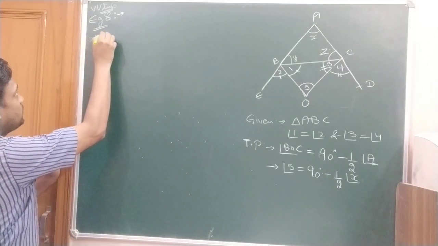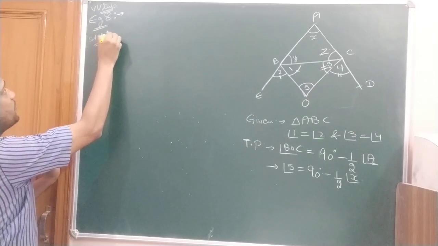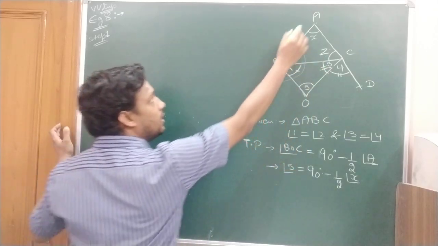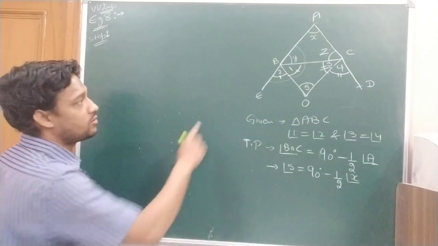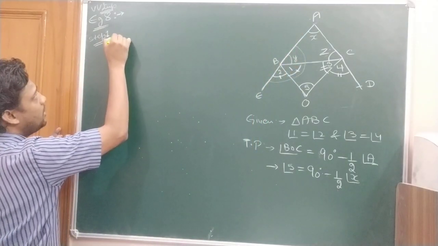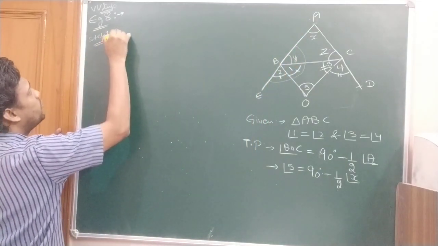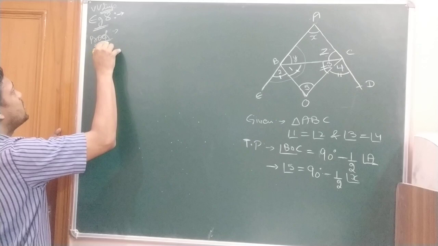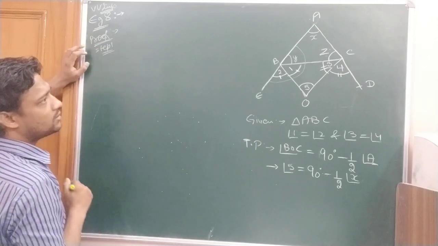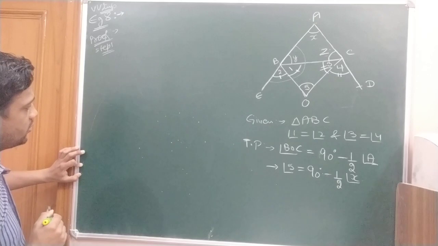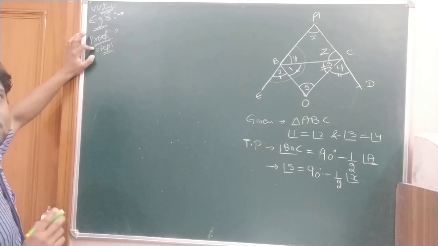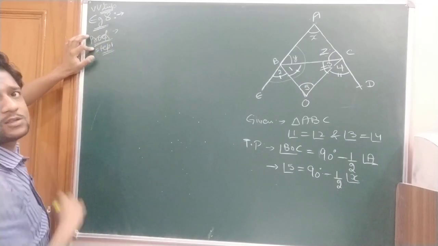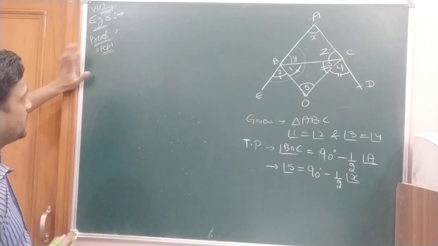Step 1. What is step 1? First of all, you have to use this line ABE. In the first step, you have to use this line ABE. Okay? Proof. Step 1. Don't mention this step 1, step 2 in your exam. I have just mentioned here so that you can easily understand and remember how to solve this question. Even in your copy, you can write with a pencil so that you can also remember during the preparation.